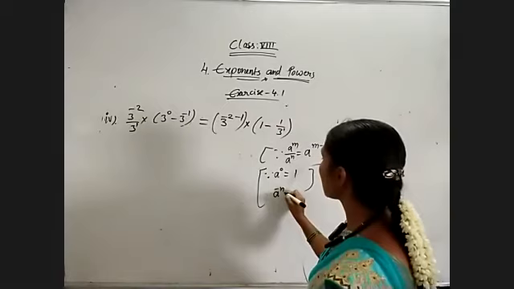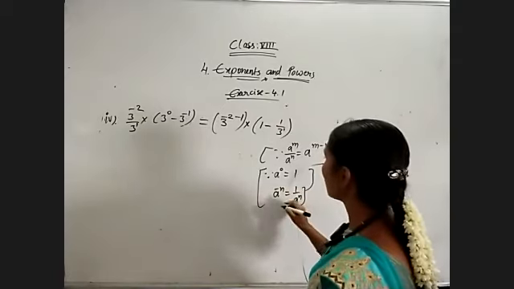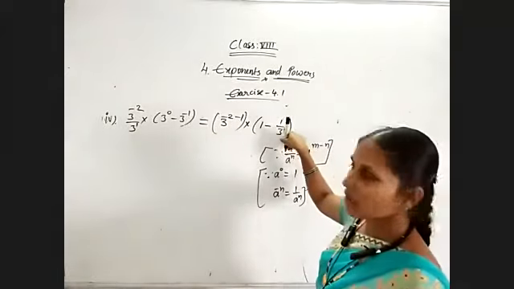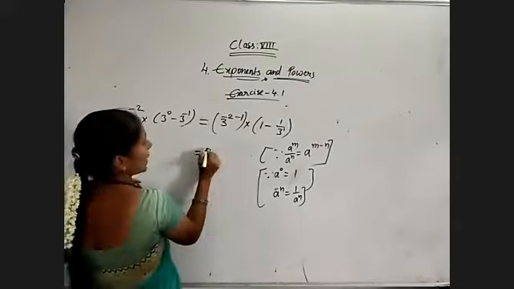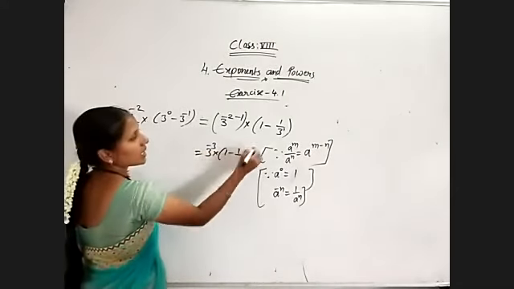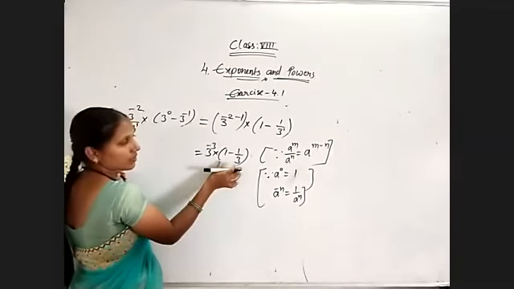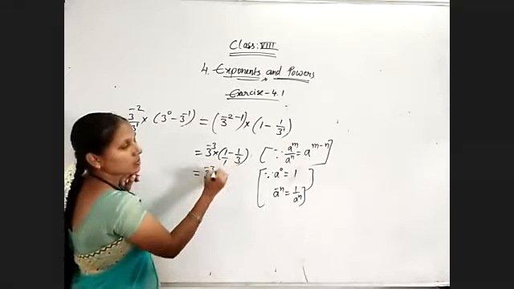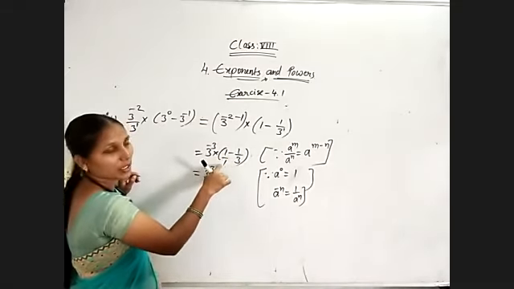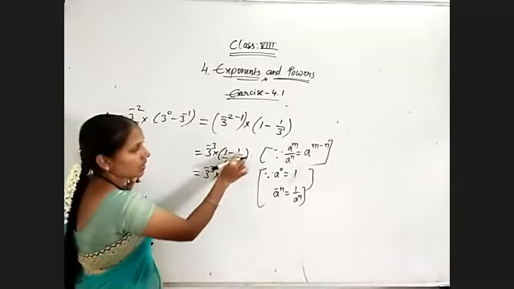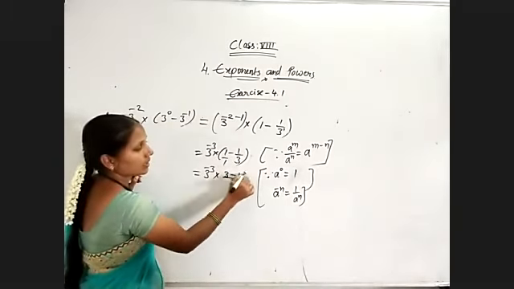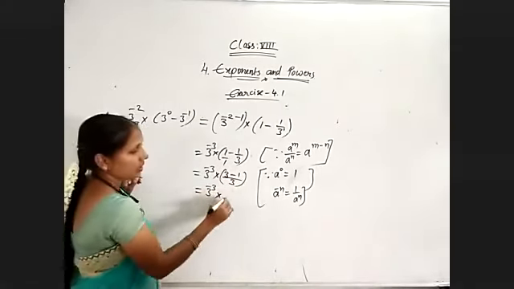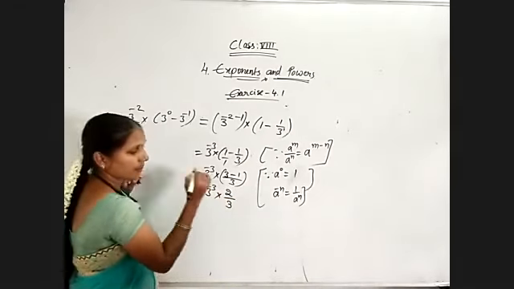And a power minus n is equal to 1 by a to the power of n, so 1 by 3 to the power of 1. So now simplify this: 3 power minus 3 into 1 minus 3 power 1 is 1 by 3. Now because of the bracket, first we need to simplify this. So 3 power minus 3 into, go through with the cross multiplication. 1 is nothing but 1 by 1, in the form of a fraction. So 3 1s are 3 minus 1 1s are 1, divided by 1 3s are 3. That is 3 power minus 3 into 3 minus 1, 2 by 3.